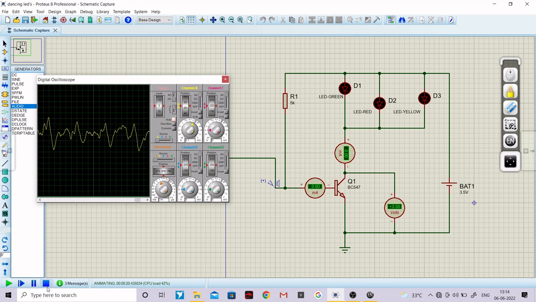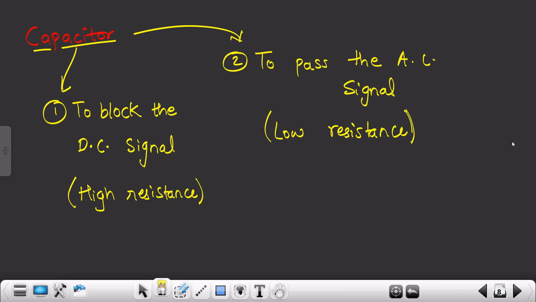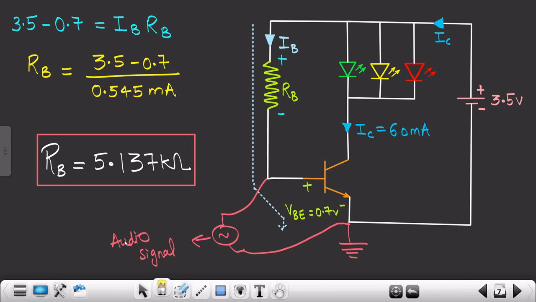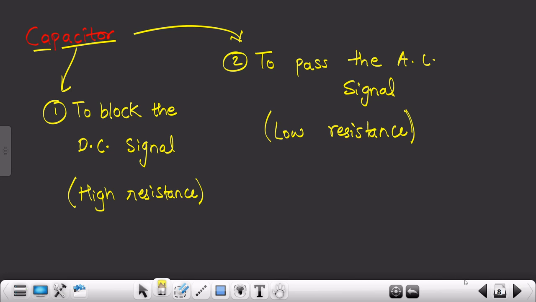Yeah, let me pause this particular working of the circuit, and let me move over here. All right, so as you can see, since there wasn't any capacitor over here, this audio signal is not able to sync with the base voltage, and that's why the LEDs are not glowing. So we need to connect the capacitor